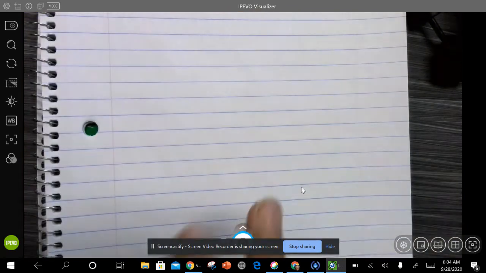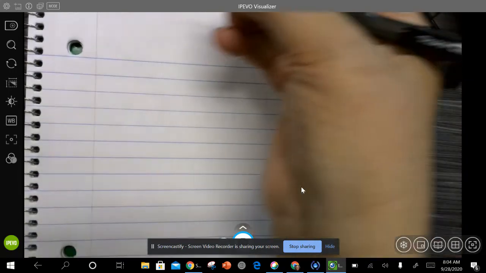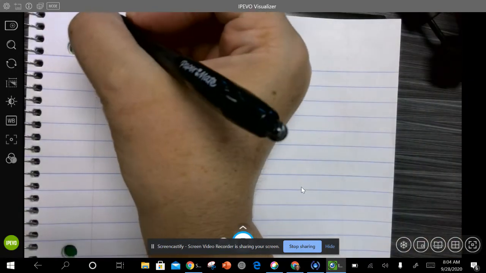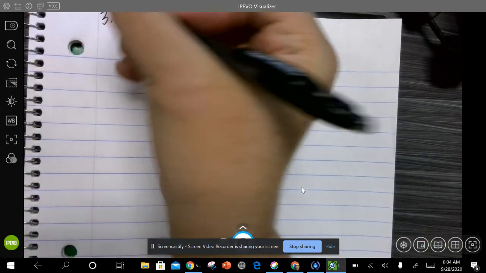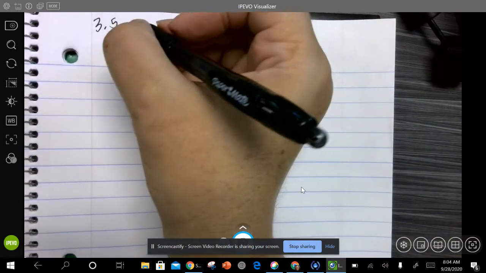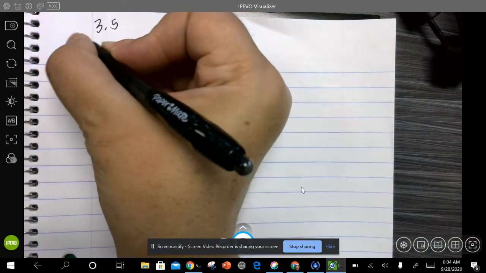Okay, so we are going to work on determining parallel lines, determining that the lines are parallel. So this is for section 3.5. Okay. So our essential question: